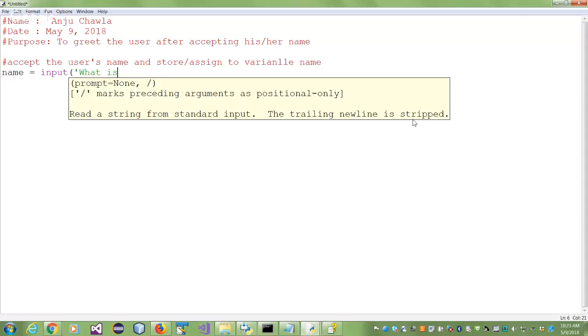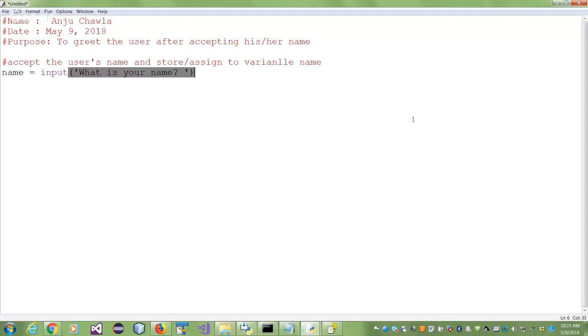The rest of it becomes your input. That's what it means by trailing new line is stripped. It is removed. So what is your name? That's the question I ask. I leave a blank to make it neater, and there I go. Once I have the name from the user, I want to print a welcome message.